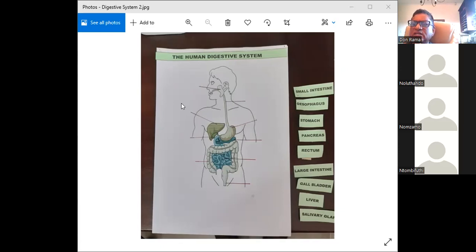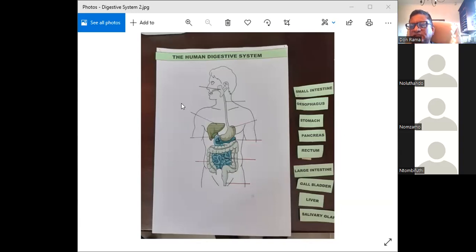So when you are designing your interactive chart, you will start off with a chart that doesn't have all the information. The information can be written on little slips of paper like that, and then you can use that firstly to develop your lesson, and then to assess the learners. You can use that when you are concluding the lesson, ask them to relabel the chart. So I've used the human digestive system here as an example of what